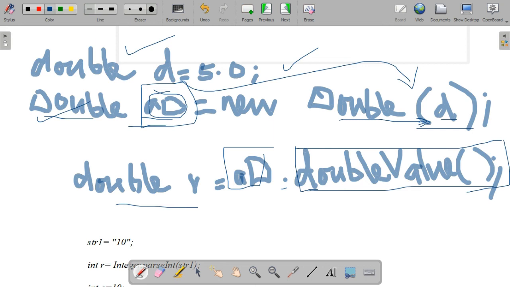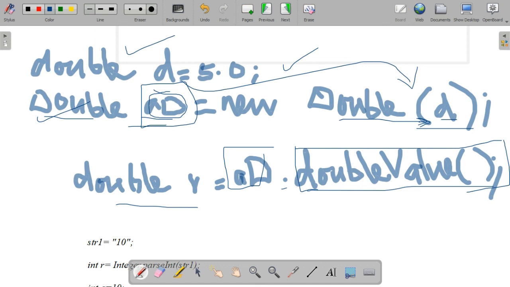Like this, different data types have different methods. In the reader you have a tabular column, just go through that. So for converting, doubleValue of. Once more, here the primitive data type D is initialized. That D value is passed through the constructor, creating an object named AD. So the primitive is converted into an object.